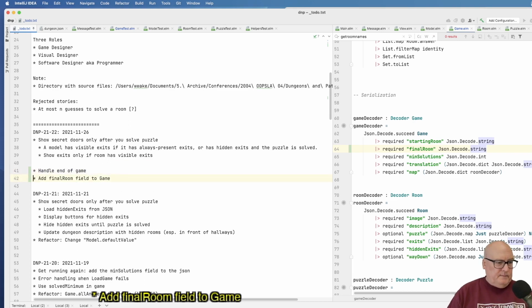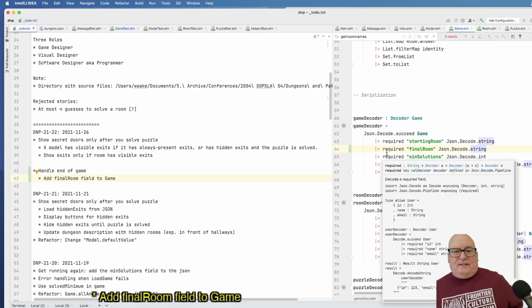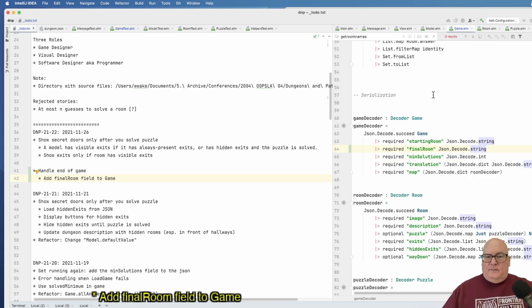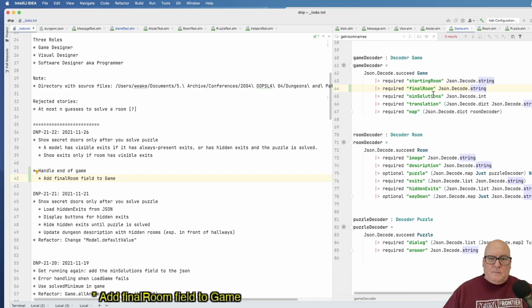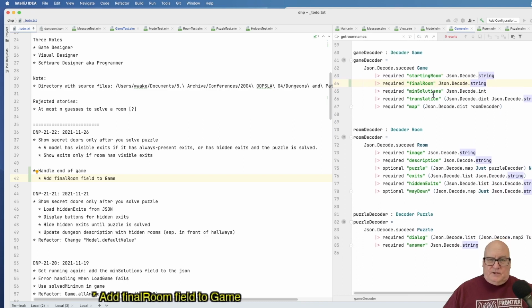Handle end of game, and then add final room. And we have done that. We don't use it for anything yet, but that's coming. Okay. So, the real thing is if it's a final room, it should be showing